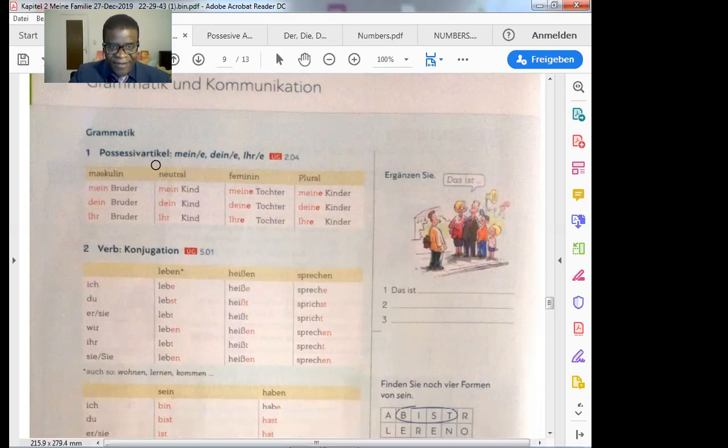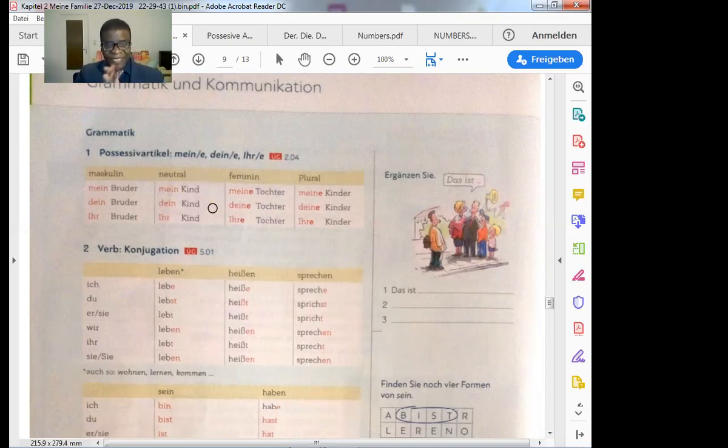Possessive articles. We did this topic. Possessive articles, to possess something. How do you change the ending of that possessive article? Here we've got mein or meine, dein or deine, ihr or ihre.